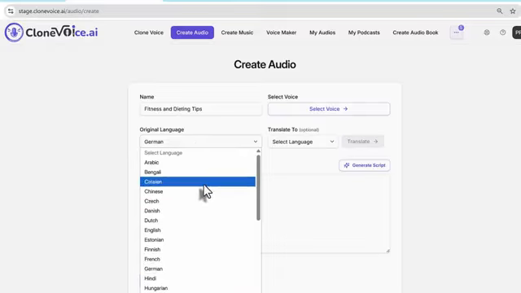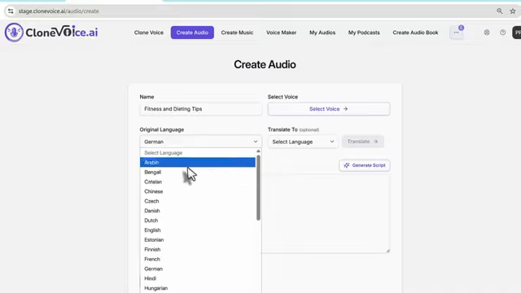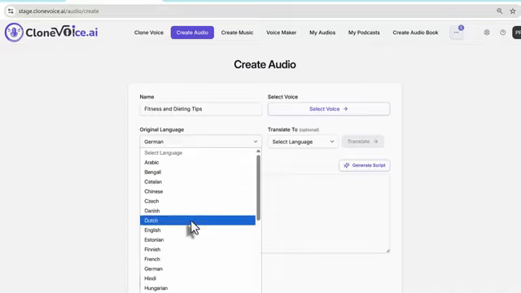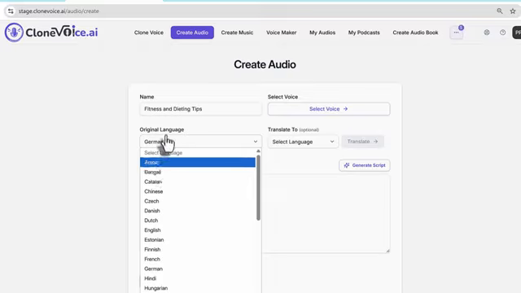Even different accents, like Spain Spanish or Argentinian Spanish or Mexican Spanish, differ in terms of the slang words and casual terms used to derive the same meaning, right? So this is the reason why, if you want to be more authentic, you can paste the script from that language itself, okay?